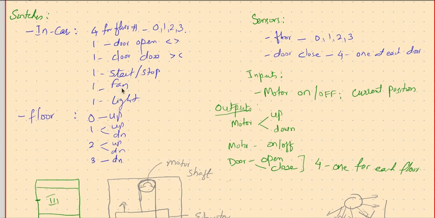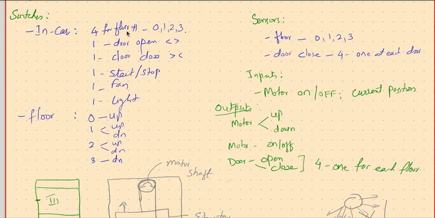Press once, the fan is on. Press again, the fan is off. Press once, the light is on. Press again, the light is off. So that way, some inputs may not play a role in your state diagram at all. They are independent of the state diagram. Where you are doesn't make any sense by itself, but what makes sense is where you want to go and where you are. Yes, they make some sense.